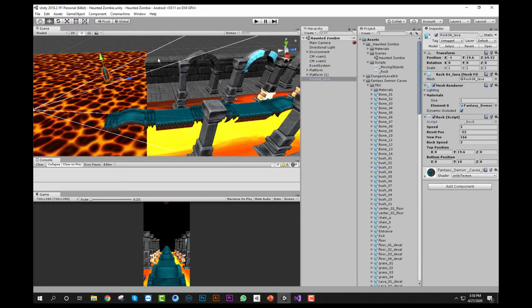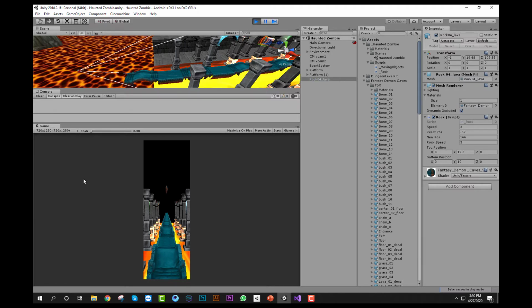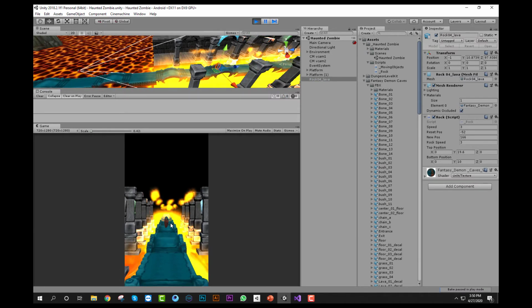Okay, first of all, I will assign the Z position to this rock. This will be the position. So let's go and run it. You can see the rock is moving.